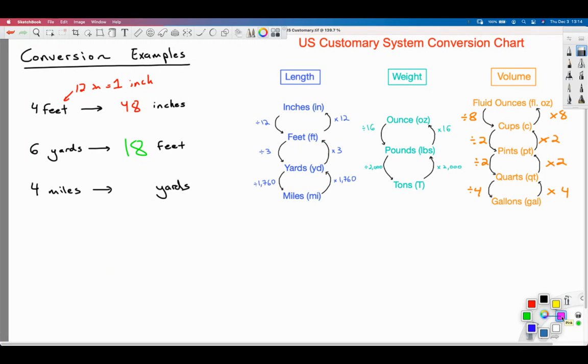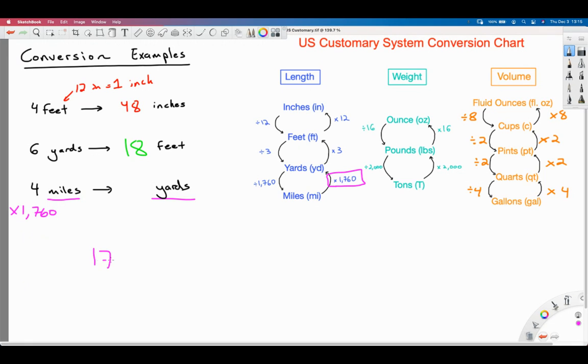Let's just clean up some of the scorecard or the conversion chart here, and let's go from miles to yards. All right, so miles at the very bottom, the biggest unit we're working with, to yards. Notice how to go from miles to yards, we have to go upwards. We have to go vertical. And when we go vertical, all the time when we go up, we are multiplying. That arrow on the side points to where we're going. So we're going up. So what we do is we take that rate that we need to use, 1,760, and multiply